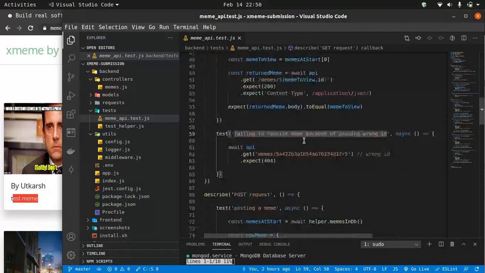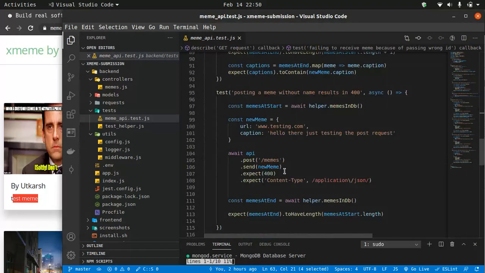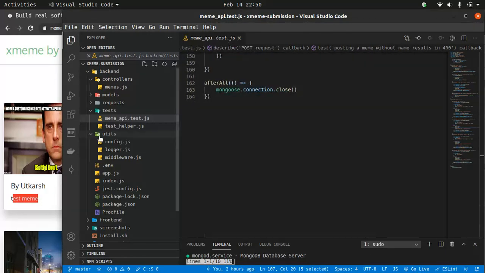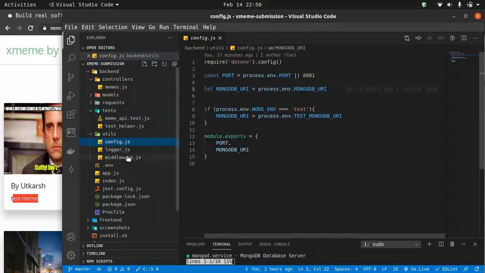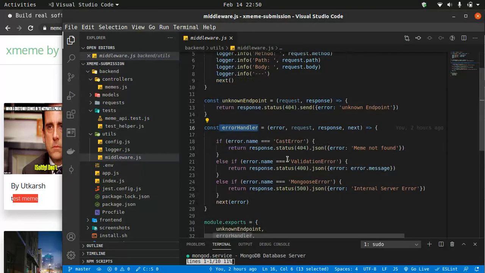This should return a 404 error and a 400 error like this. I'm doing that also, like all the middlewares such as request logger and error handlers. All the error handlers will come to this module, and the appropriate message will be returned as the response.